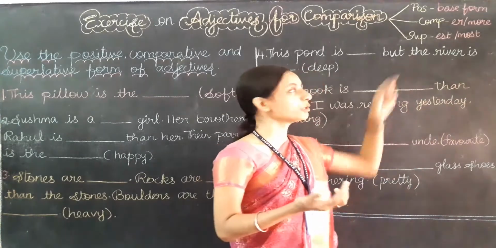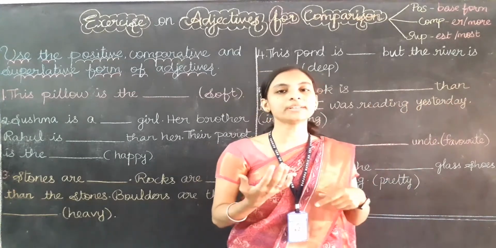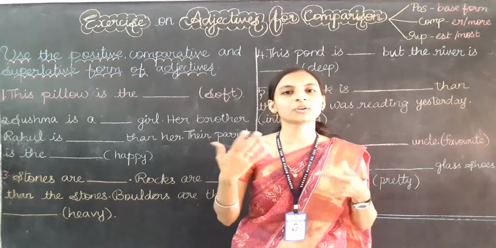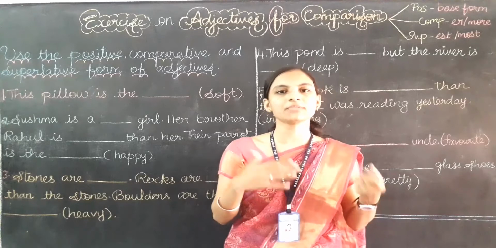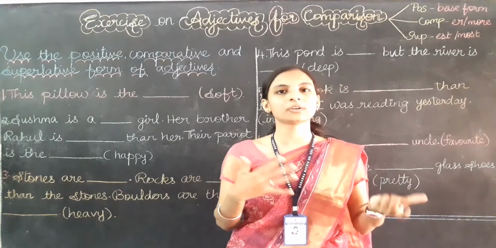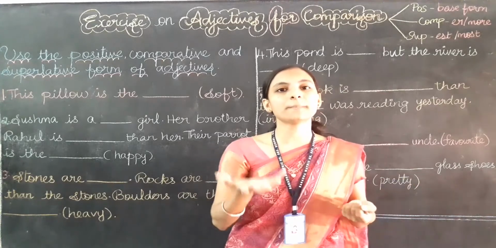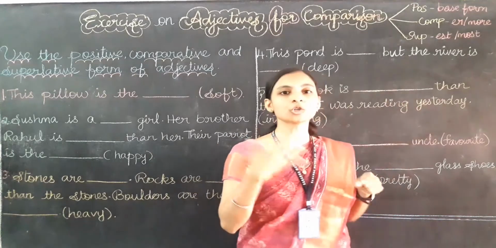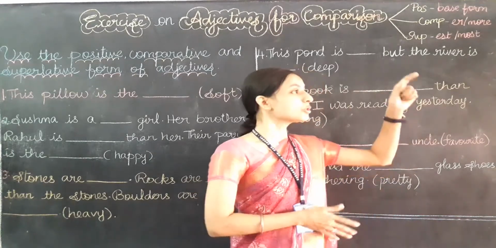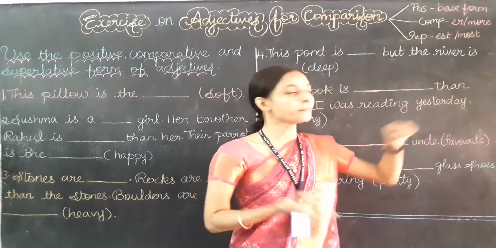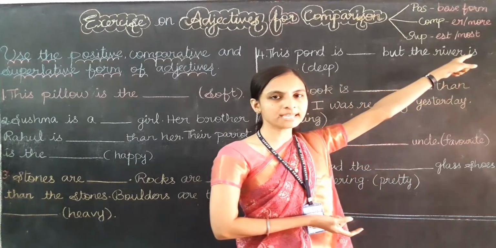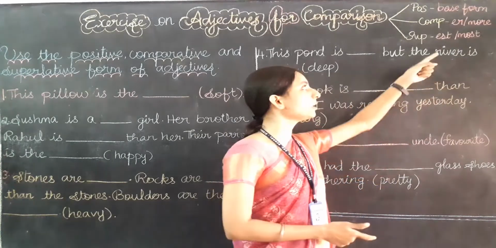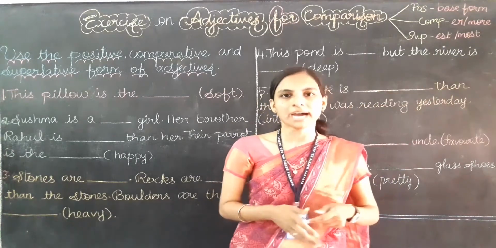Okay. What about superlative? Yes, superlative degree, it is used to show the best or worst in a group. Okay, in a group of people or group of things. If we are talking about a group of people or group of things, we show the best thing or best person. So there we use superlative degree to show the best or worst. Okay. So if the adjective is small, we use est at the end of the adjective. Suppose if the word is big, then we use most before the adjective.